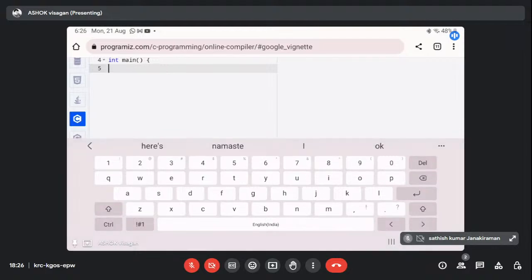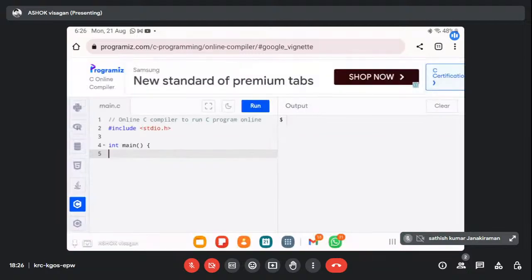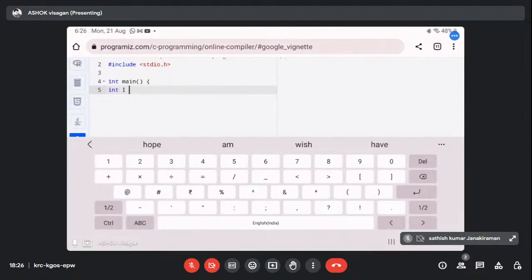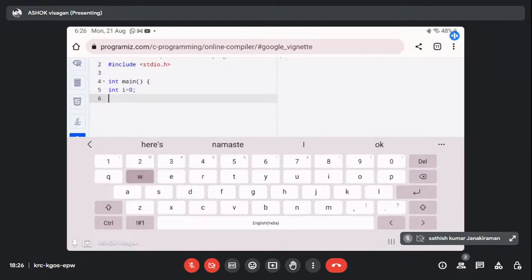So here in int main, we are initializing i equal to 0. The i value should be 0. So next line, we are opening the while loop. The while loop is ++i, i--, the loop is closed,